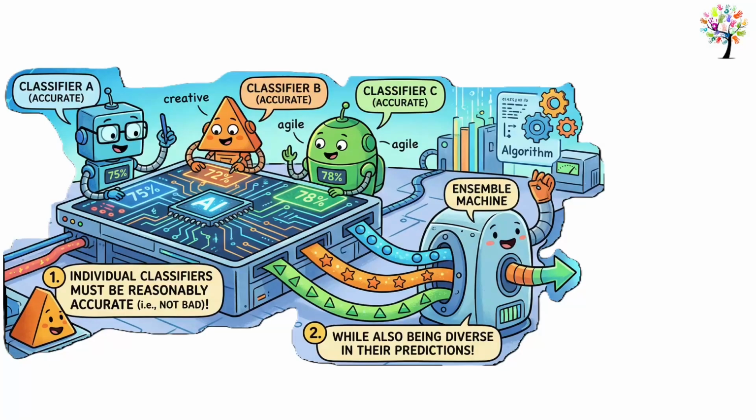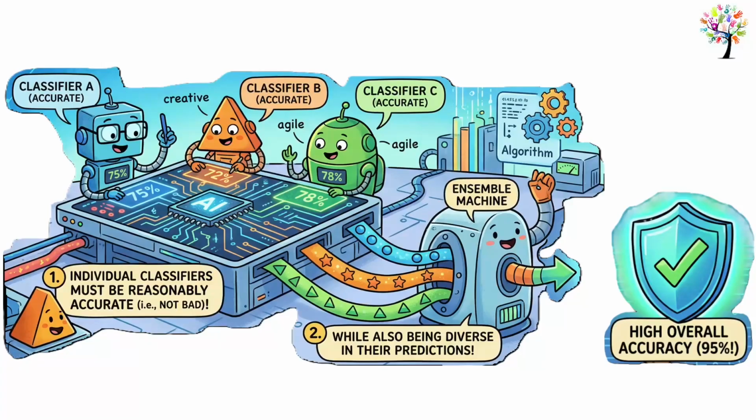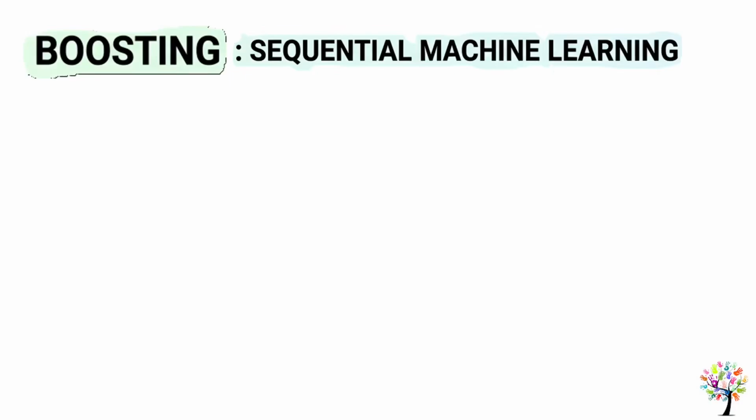For an ensemble, in other words, the team, to be effective, individual classifiers should be reasonably accurate, in other words, not bad, while also being diverse in their predictions, which contributes to higher overall accuracy. So, take for example boosting, which is a sequential machine learning method. There are several popular methods for creating effective ensembles. The main differences lie in how they train their base learners and how they combine